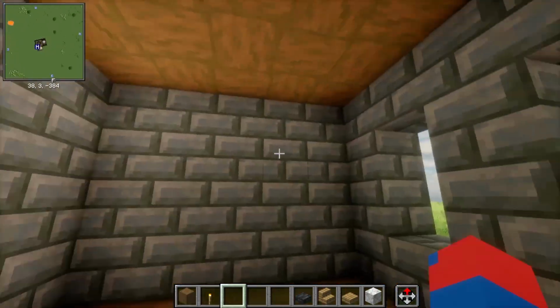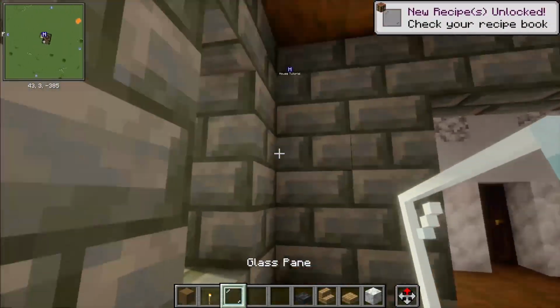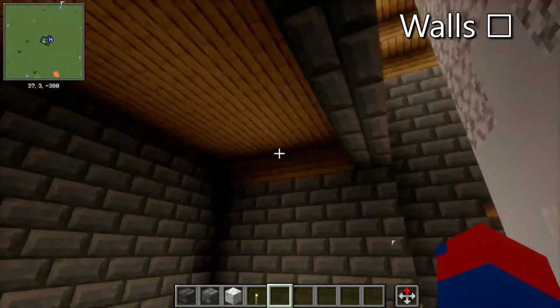And usually you just want to mine out 2 blocks of windows. And make sure to do glass pane. Do not do full glass blocks. Now that you finish walls,